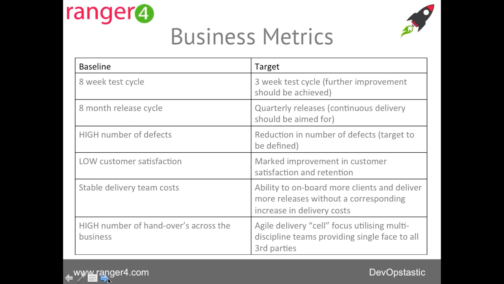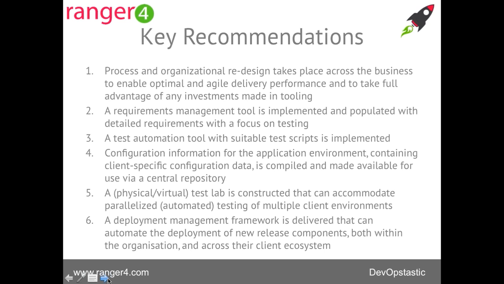So our key recommendations: we recommended and enacted an organisational redesign. That was basically removing the silos between Dev and Ops, and reconfiguring people around product ownership teams. So instead of having a testing team and a requirements team or a business analyst team, actually having teams around product lines. We also did some agile coaching to help them move away from the waterfall processes that were quite heavily entrenched, and enable them to get iterative.